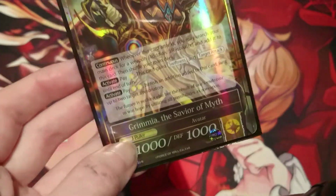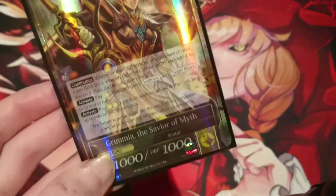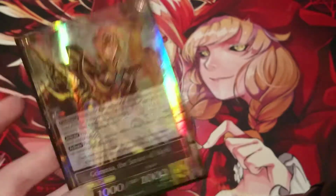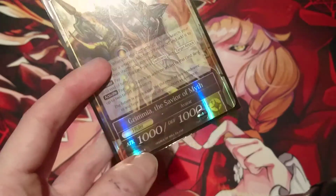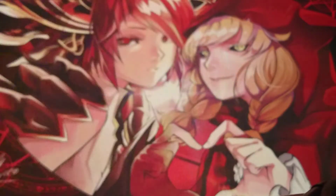And we can pay 2 and banish an addition added to this card and rest up to 2 target Resonators, which is a neat ability, but I'd rather not use it for that. I'd rather keep the additions on it as much as I can, because the addition that we use, which we'll go into a little bit later on, it busts him up pretty well, and it does such wonders